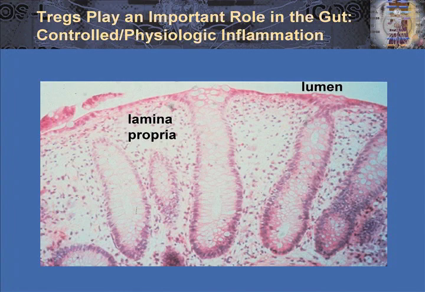And in fact, what we know is most of these cells that we're looking at are CD4 positive, CD25 positive, and express FOXP3. These cells are there to prevent the immune system from responding to innocuous antigens, such as components of the bacteria that live in the gut that normally leak through the intestinal epithelium in all of us on a minute-to-minute basis. You would not want these T cells to respond to every bacterial antigen that they see, because most of the bacteria living in our gut lumen are innocuous, and in fact it's a true symbiotic relationship